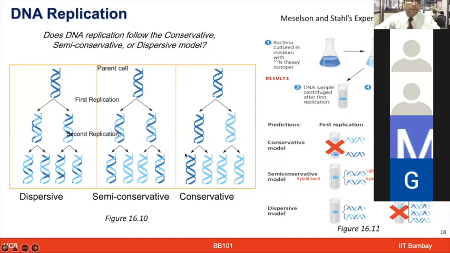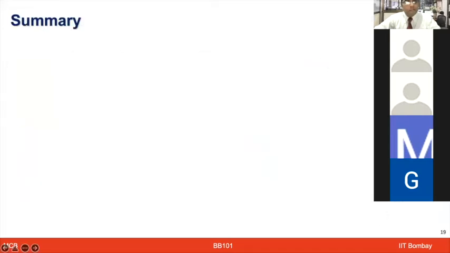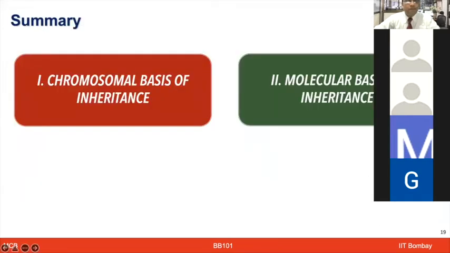So based on this experiment and the evidence it provided, Meselson and Stahl's theory of DNA replication, which is semi-conservative, became popular and accepted. So just to summarize, I think we tried to give you, and of course, you should have watched this lecture,